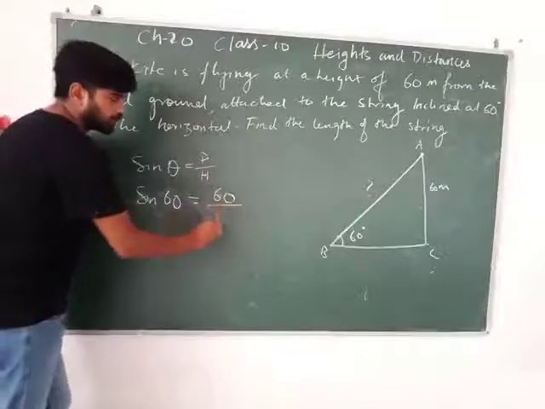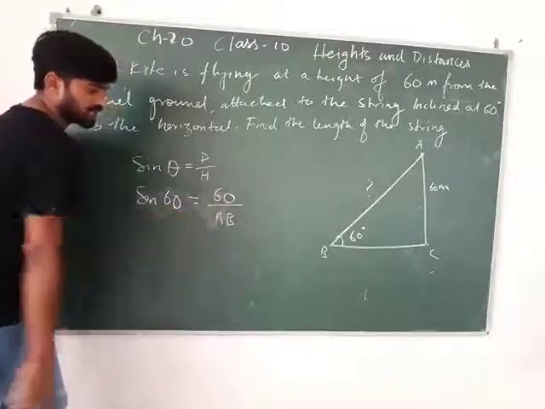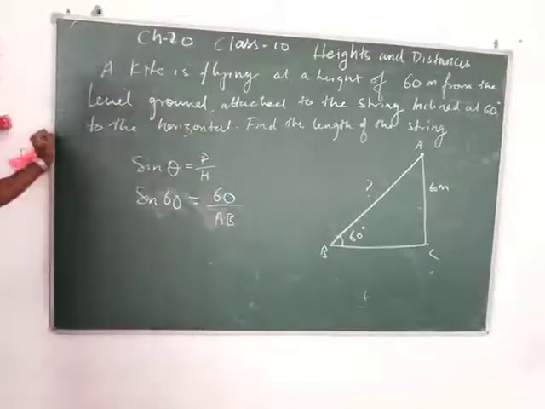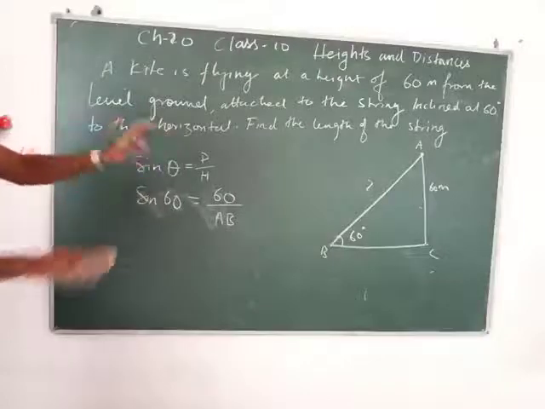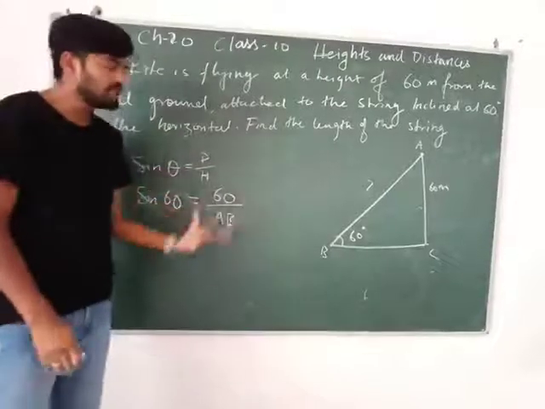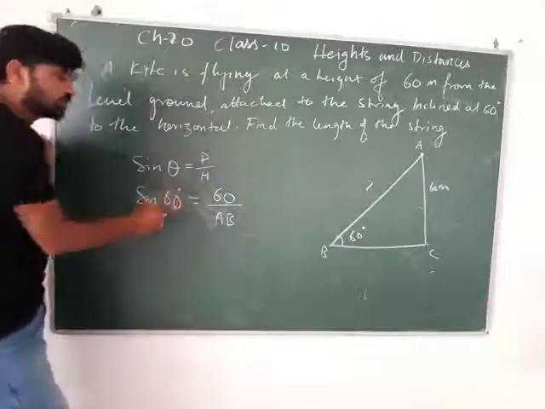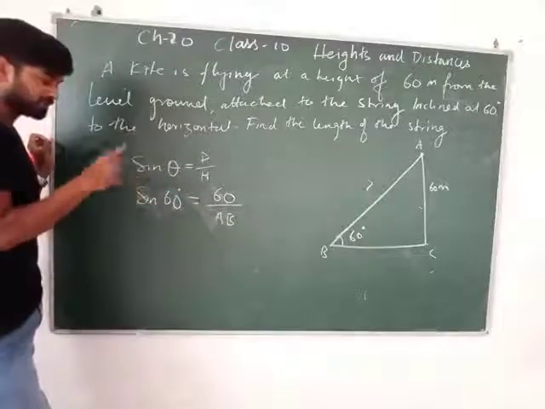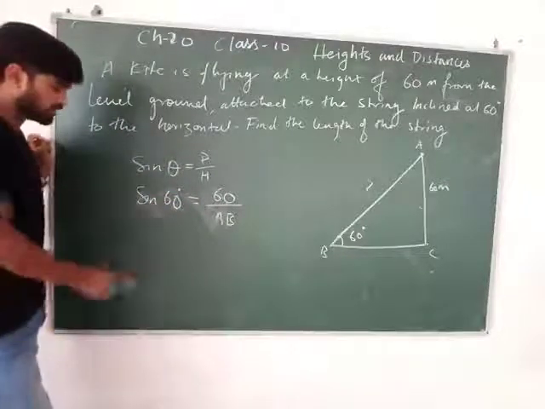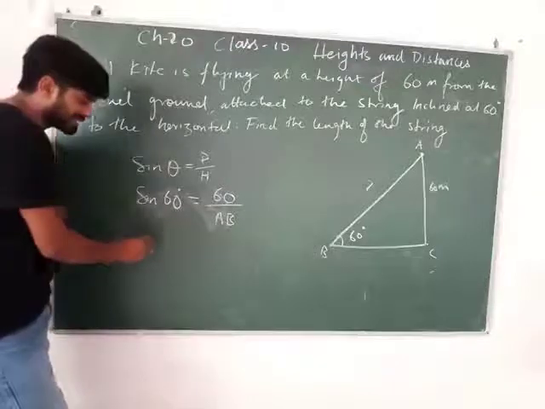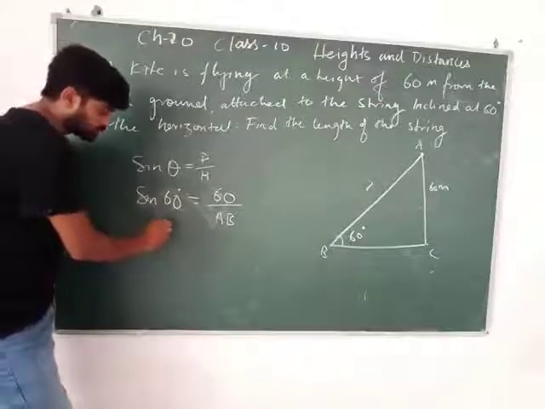And then what I have to find is AB. What is the hypotenuse? AB. And I have to find AB. It's very simple. You just need to understand and make the figure on your own, and then it's going to be very easy for you. Now sin 60, you guys go back in the table and find the value of sin 60. You will understand that the value of sin 60 is √3/2.